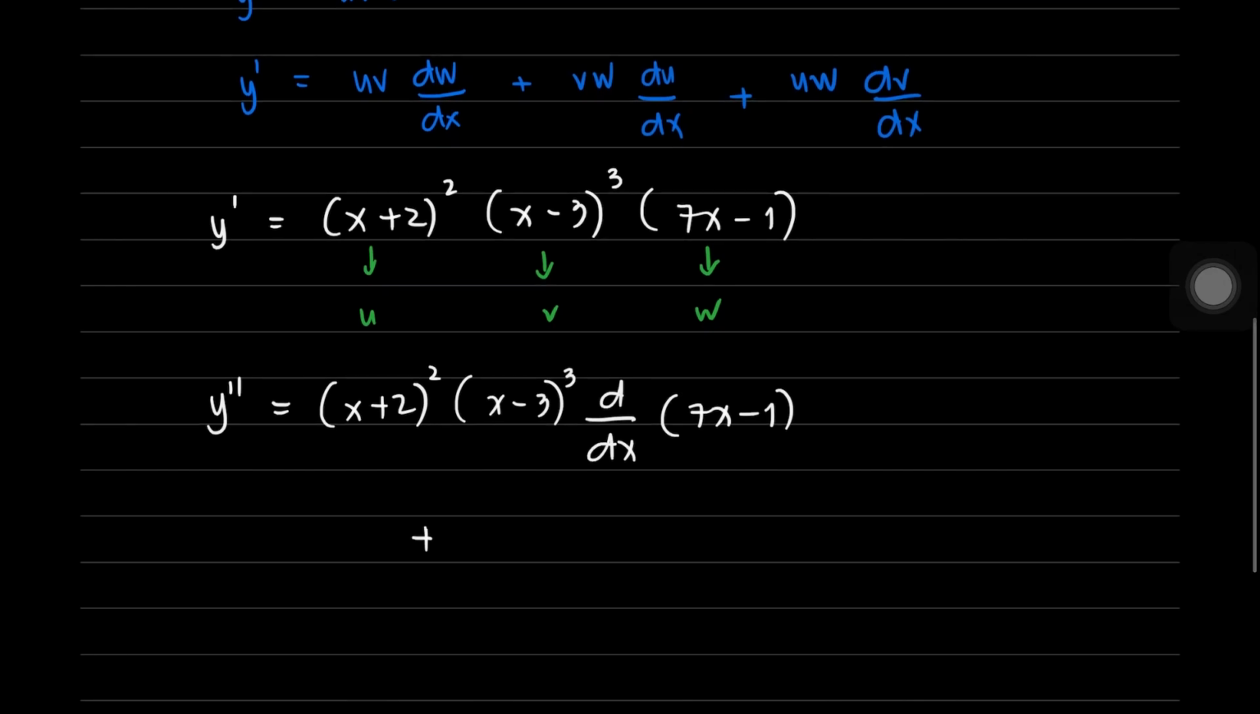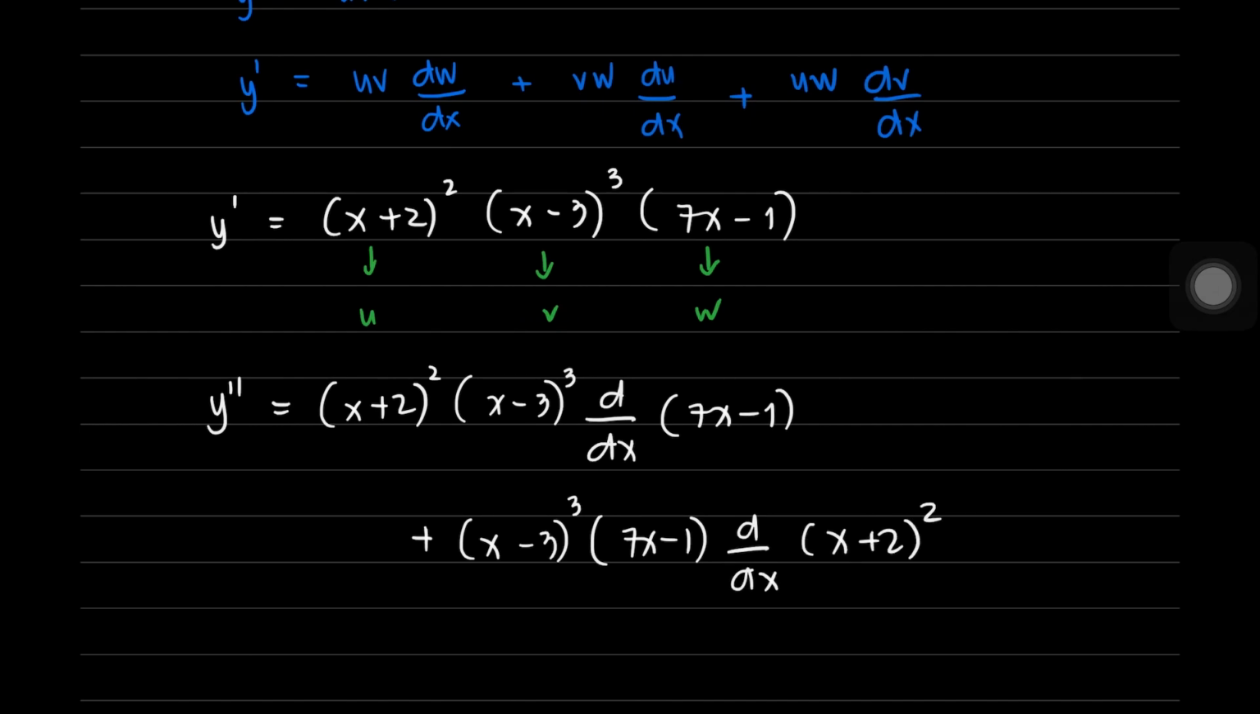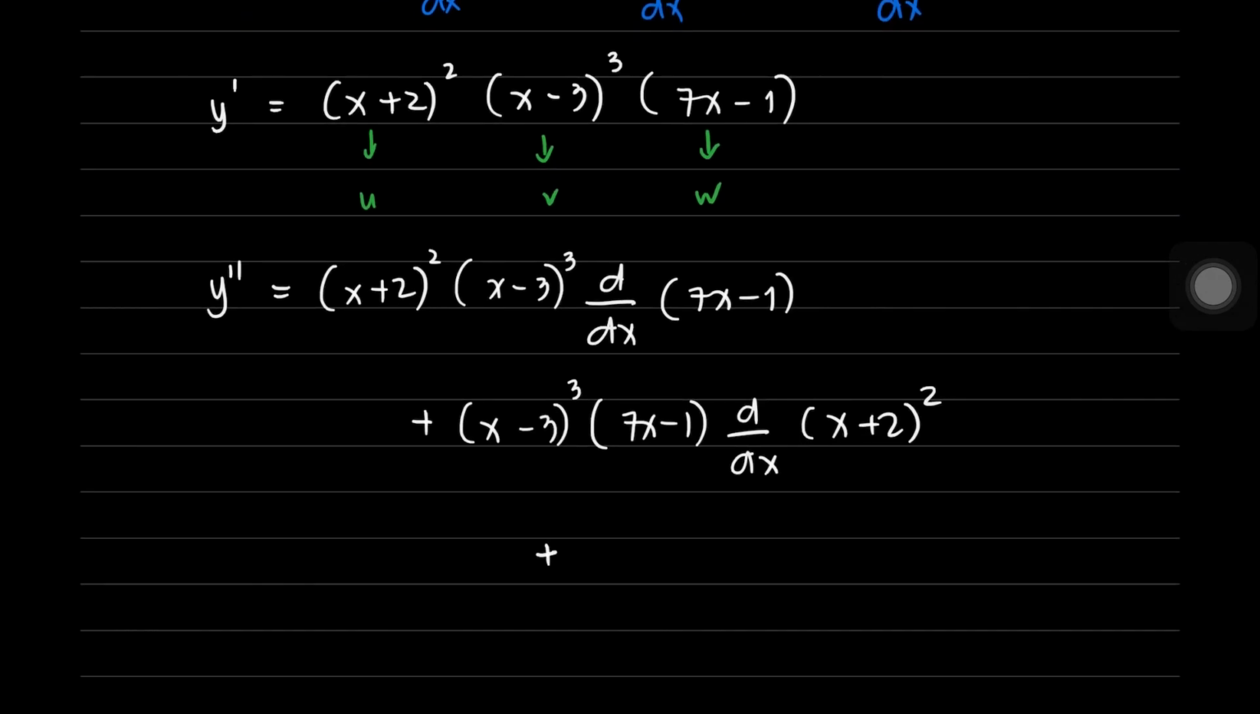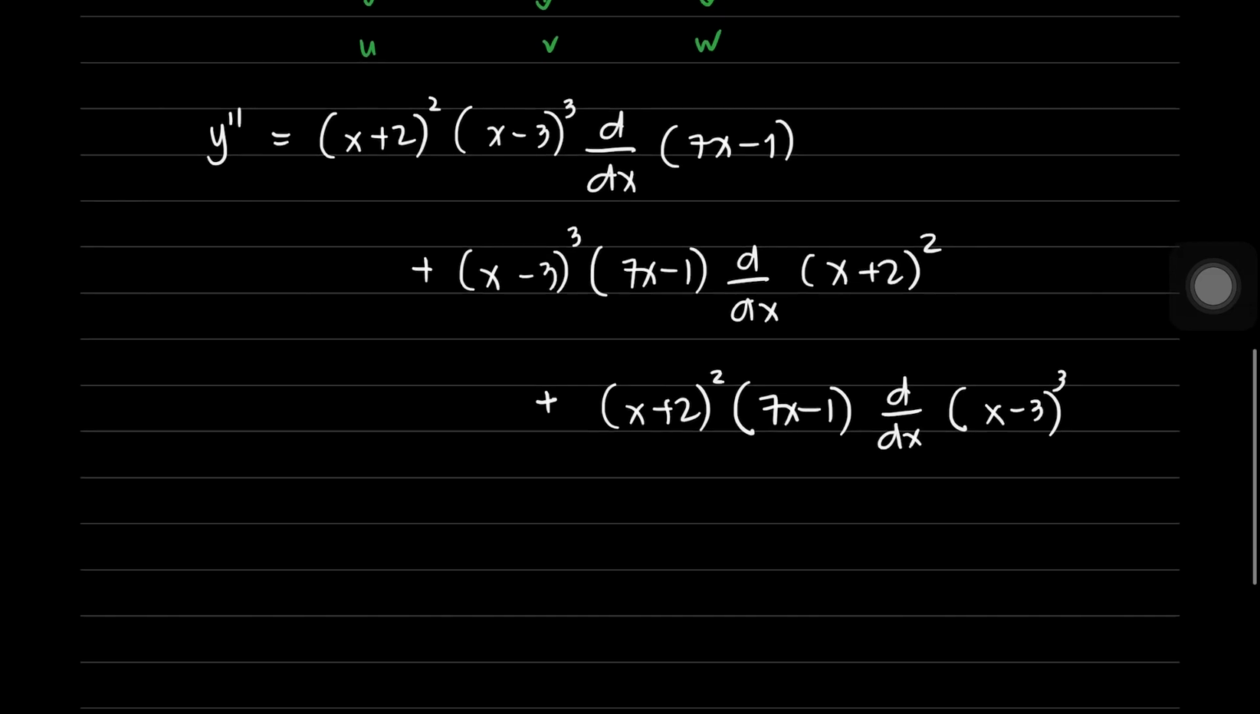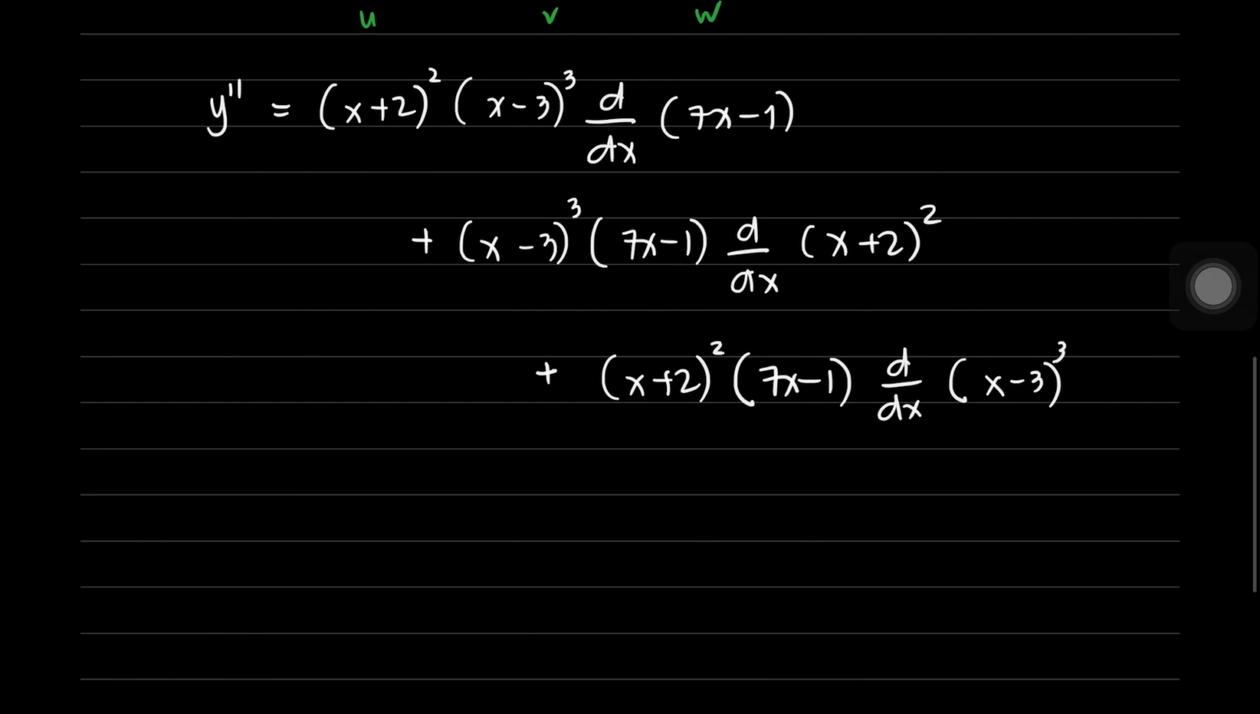Plus v times w, so that is (x − 3)^3 (7x − 1), times the derivative of u, which is (x + 2)^2. And lastly, plus u times w, so that is (x + 2)^2 multiplied by w, which is 7x − 1, multiplied by the derivative with respect to x of v, which is (x − 3)^3. Alright? Now, we are good to derive each